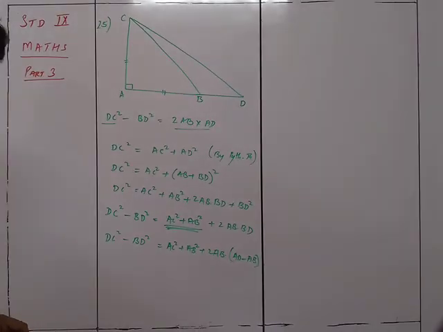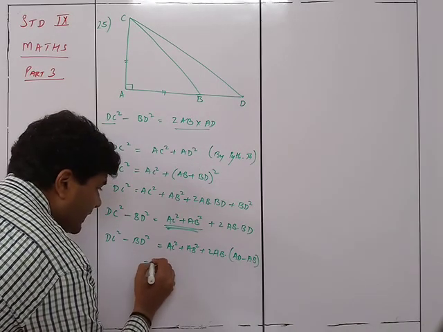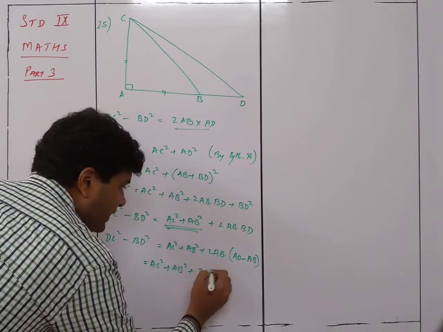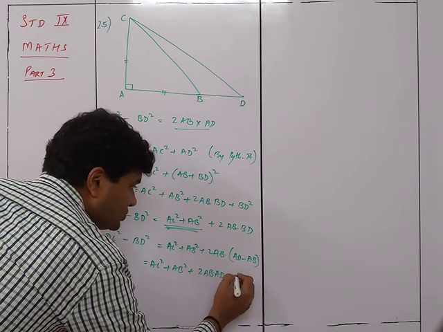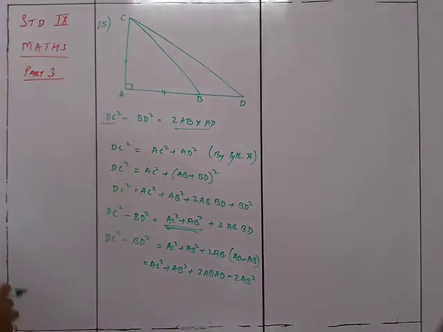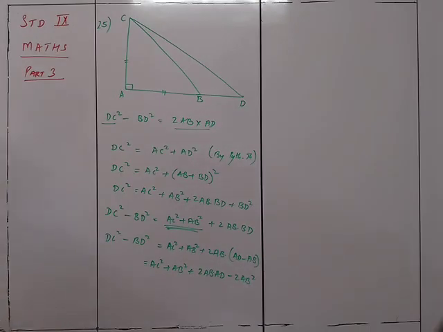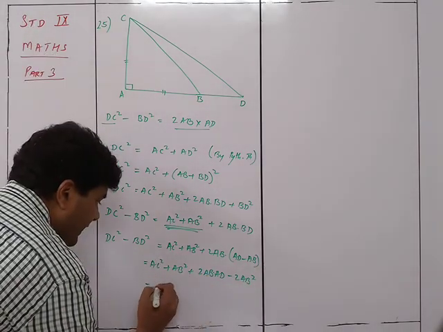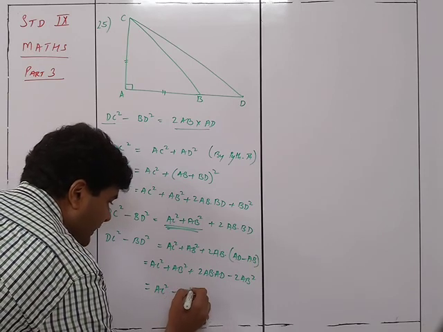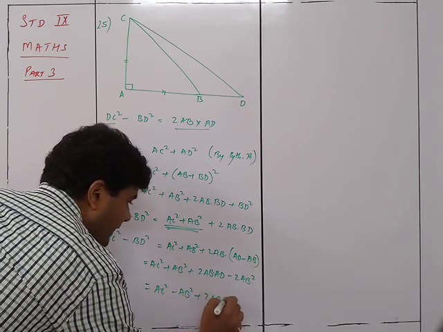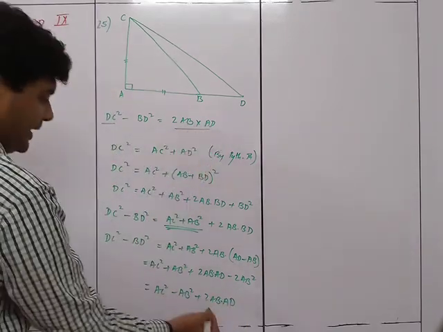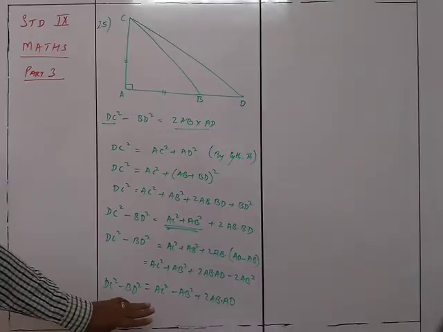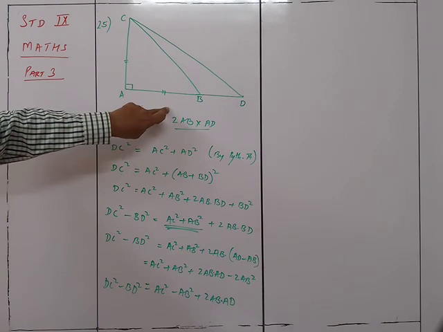Okay, fine. So open the brackets. You get over here AC square plus AB square plus 2AB AD minus 2AB square. Got it? So now what did I get? Plus AB square minus 2AB square. So this gives me AC square minus AB square plus 2AB AD. I got 2AB AD. On this side we already have DC square and BD square. So till now no problem. Now it is AC square and AB minus AB square.